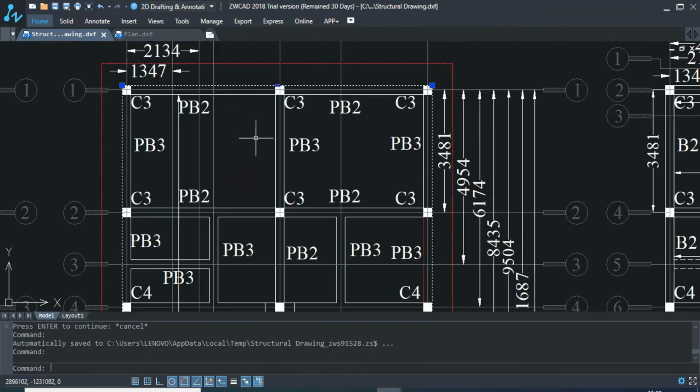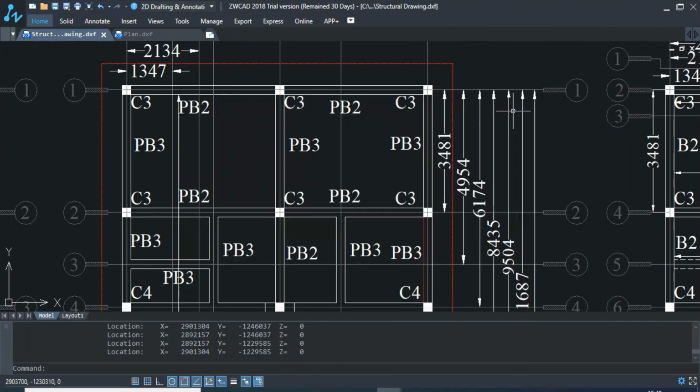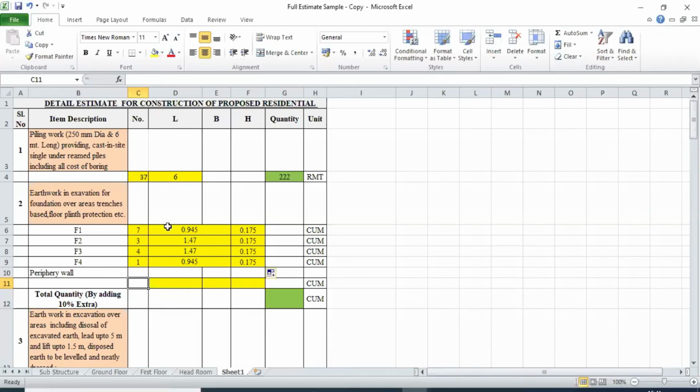The same method, Li enter, and you'll get the perimeter. So for periphery wall, as I have said, the outer portion we will take. So in number section, we will write one number, and here we will write the length of the periphery wall. That we have the length of the periphery wall, which is 51.2 meter.